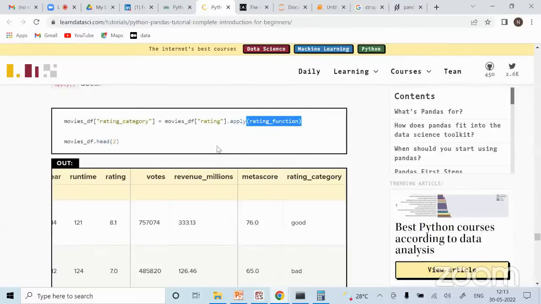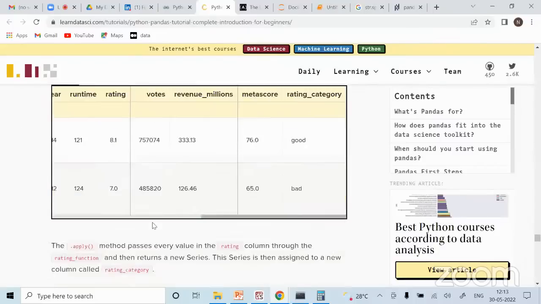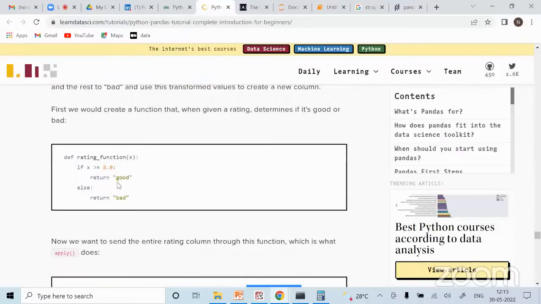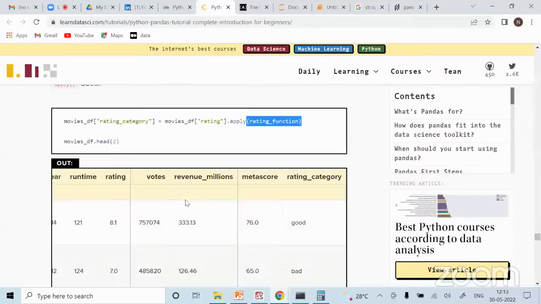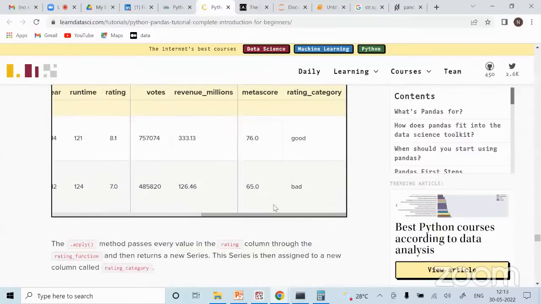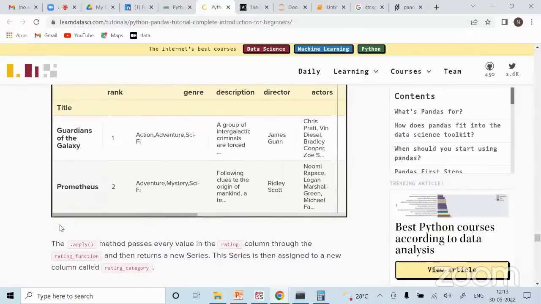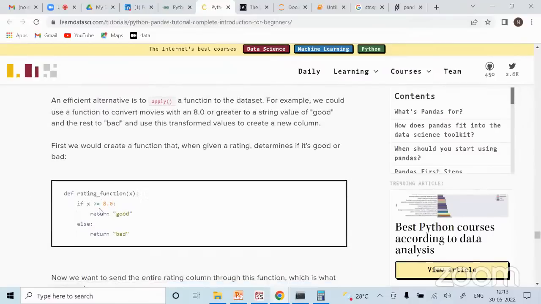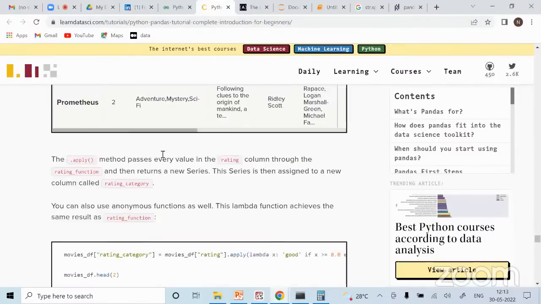Similarly, in the second row, you can see your rating was 7, so it is less than 8, and that's why you have written bad, so you are seeing category bad. If you want to apply some function on one column and get another column out of it, that's how you can do it, by simply using this apply function. Okay, clear?